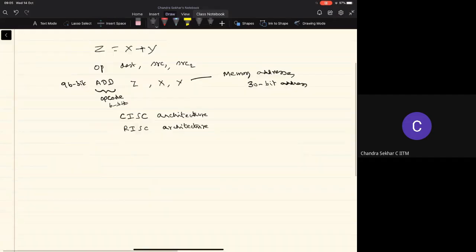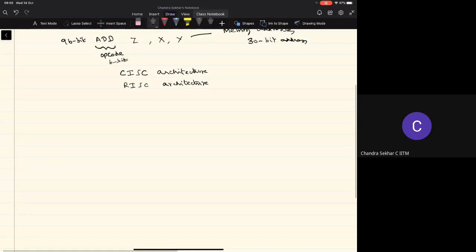Okay. So basically, as all of you are familiar with, a typical high-level language program will have different types of statements, right? As you are already familiar with, right? Typically, there will be what are called the assignment statements. Right?